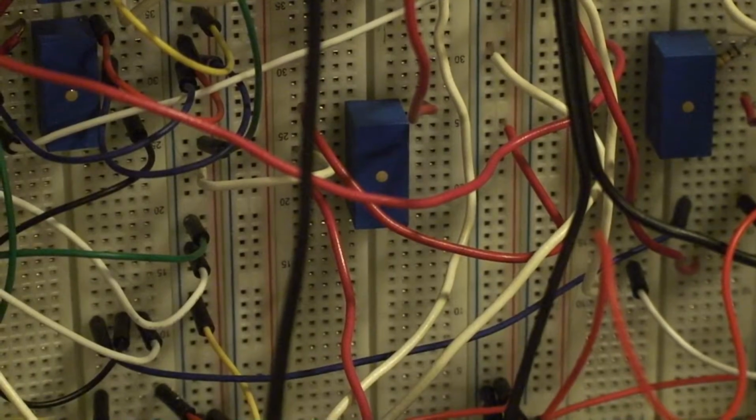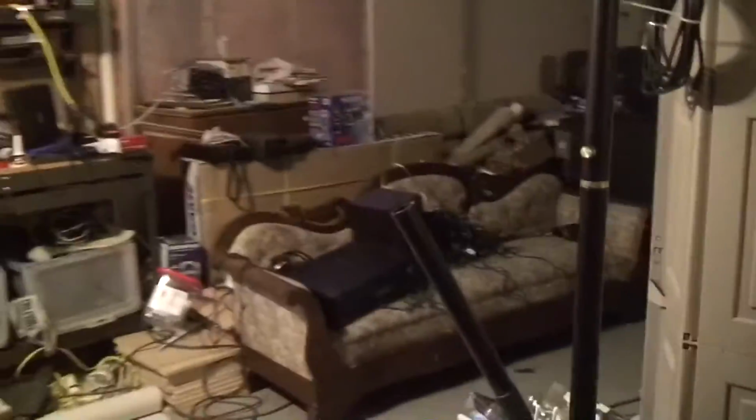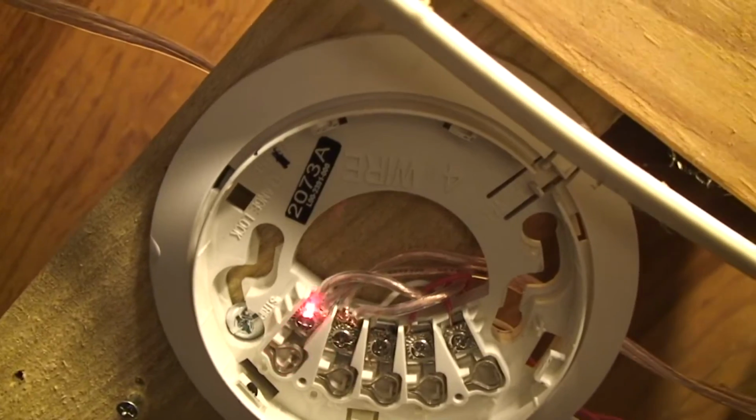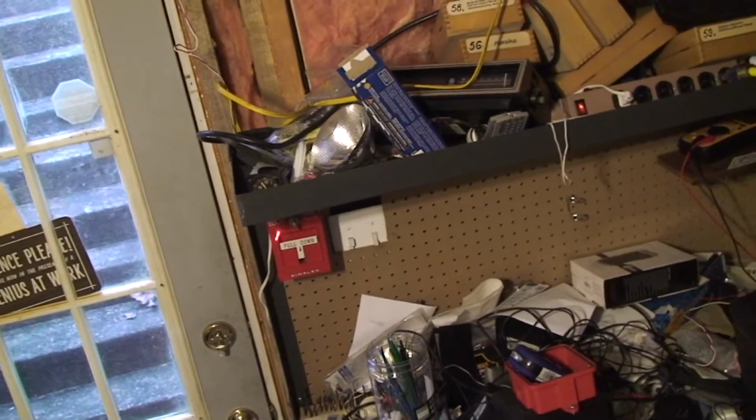Now, the way I got Trouble to work was, actually, if you come with me, I can show you. So here's the smoke detector, system sensor I34WT-B. If we take it off the base here, you can see there it is, and the trouble lights come on, as you can see. What I've got going on here is those clear wires going in here and here are the zone, and you can see they go out at that side and they go down to the 4251 21L,